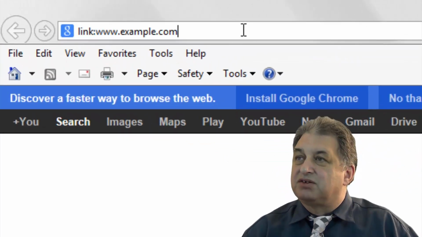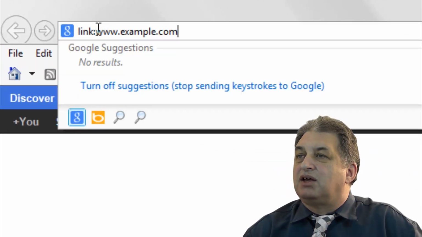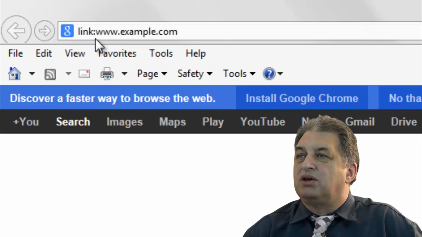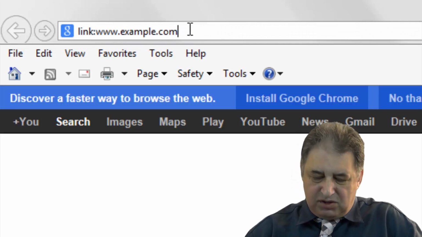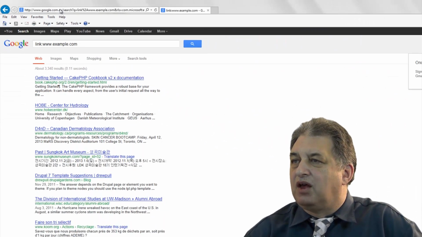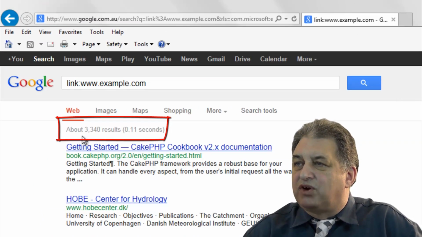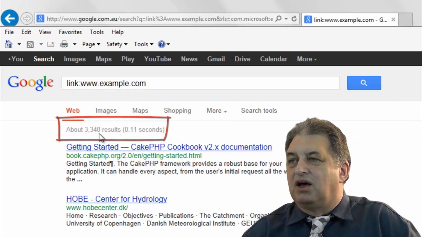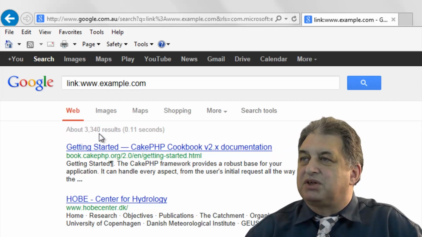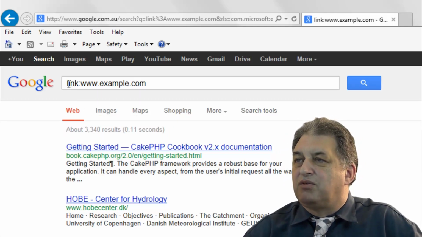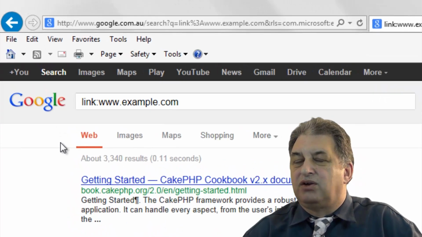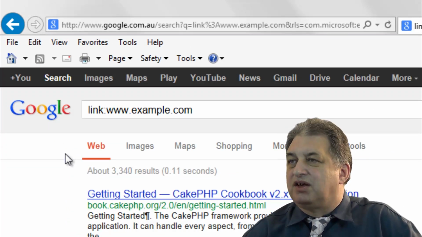All I'd do is type that in, and I'd use a special syntax. I'd type in the word link: www.example.com in this case, and when I do a search for that, it will tell me that in this case there are around 3,340 websites that link to this particular website. So again, remember the syntax. It's link: and then whatever your address is. So in this case it's link: